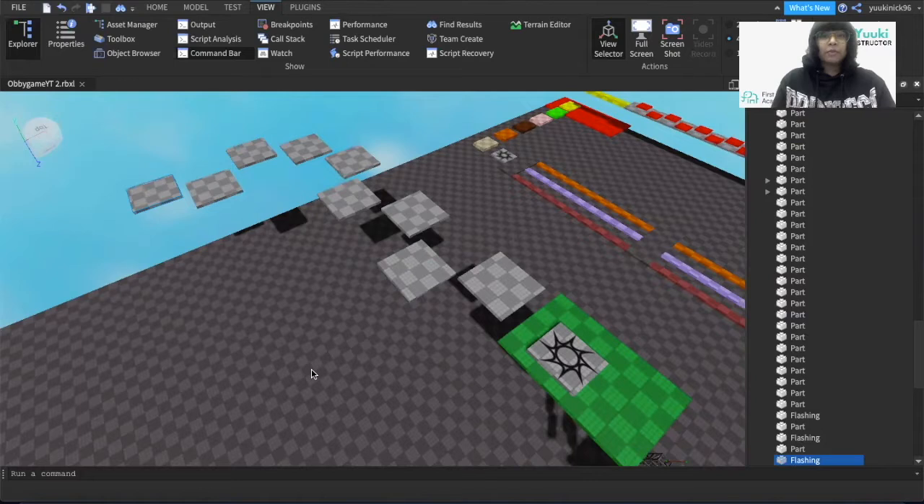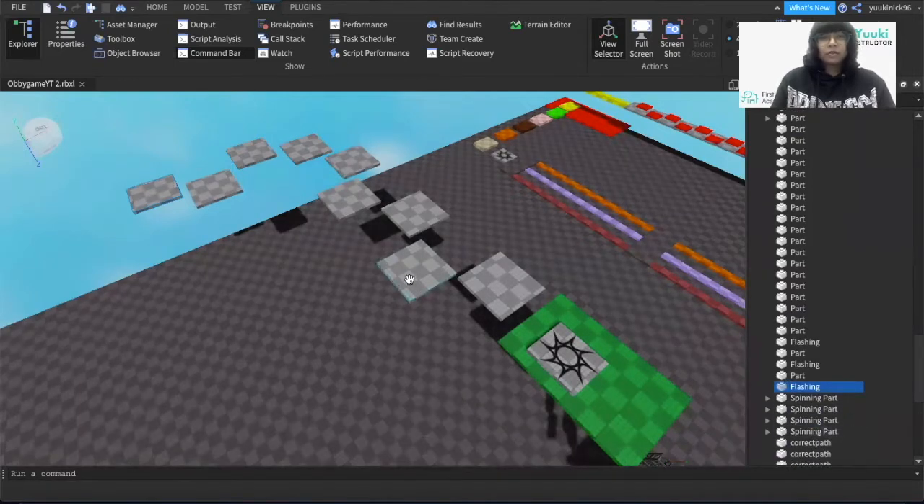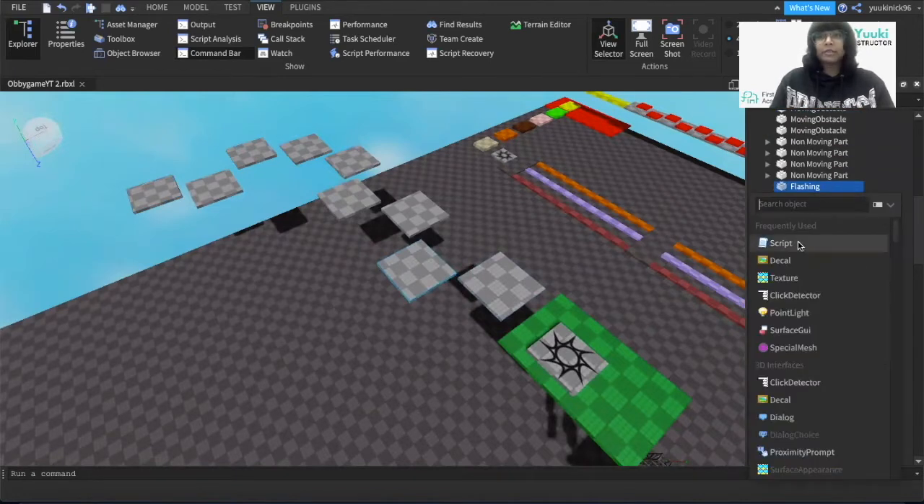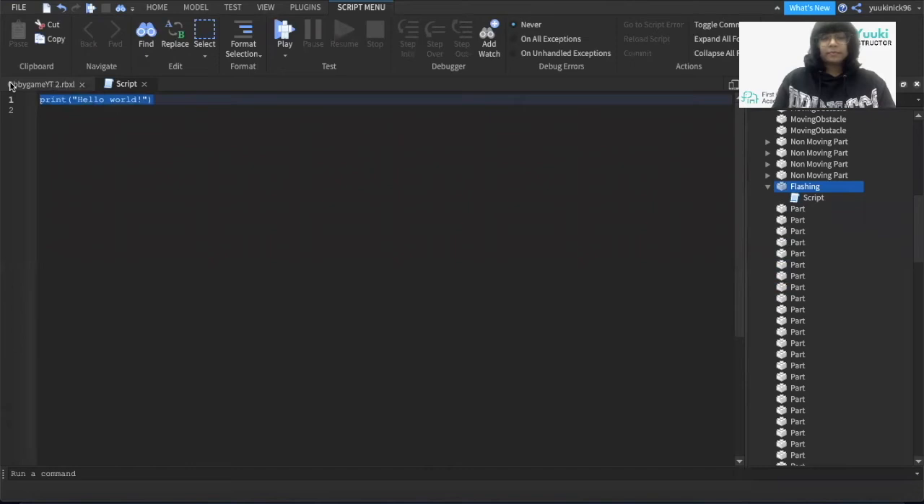So next I'm going to write a script to make them flash. I'm going to click on one flashing part and add a script into it. I need to make them flash, like show and hide, while the game is running. So I'm going to add a while loop. While the condition is going to be true, so while the game is running,